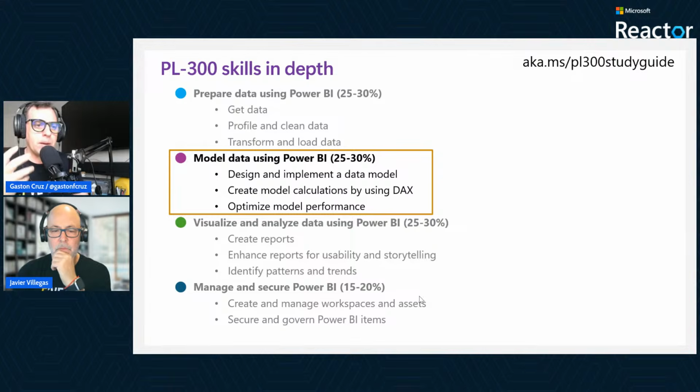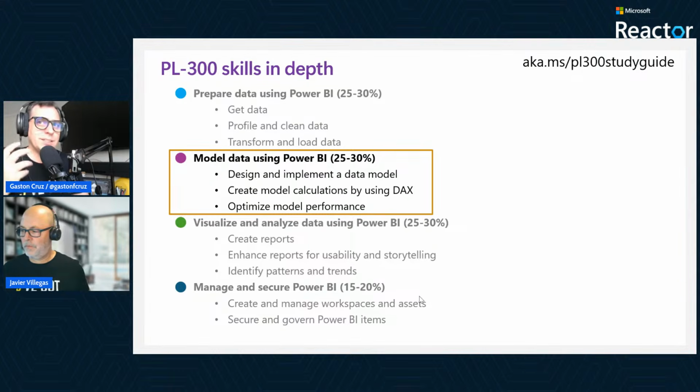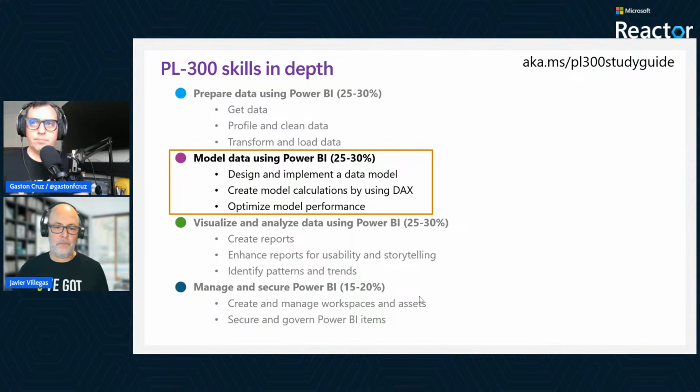That means, hey, how I can implement in the right way the semantic model, how I can design that semantic model, then the model calculations using DAX and understanding what the options in DAX are to create those measures, and then how to optimize. Because you need to think that, maybe I am starting with this measure in Power BI Desktop. That's the place where you usually create your measures, but after the creation, you need to get the performance. What is the performance of those measures that you're creating so far?